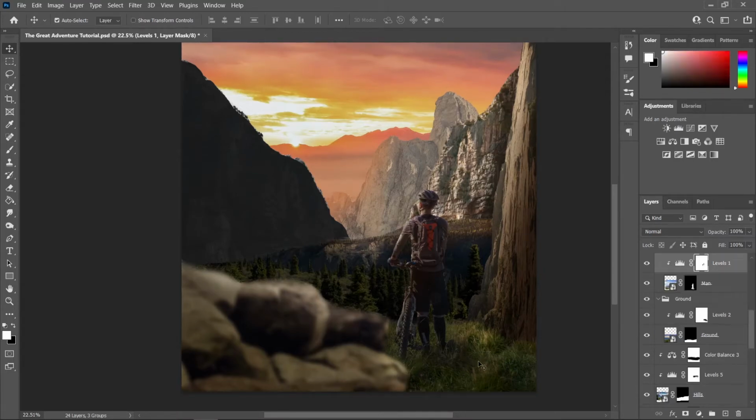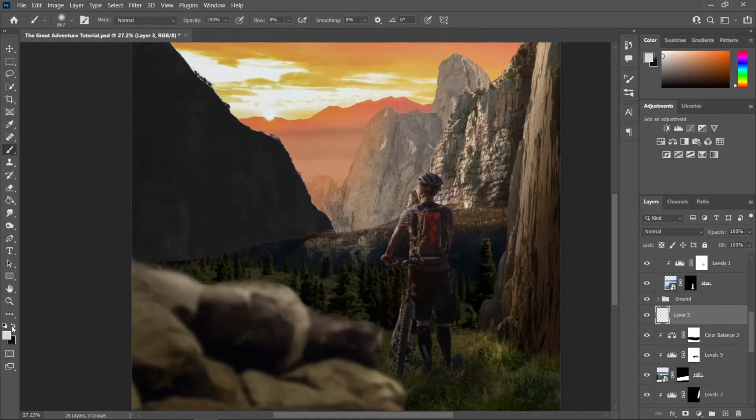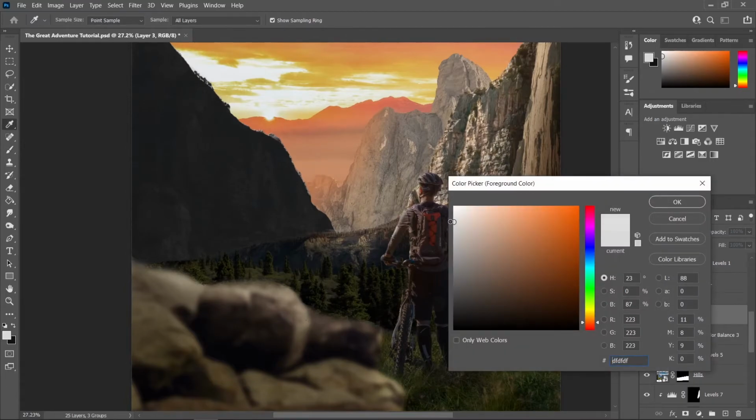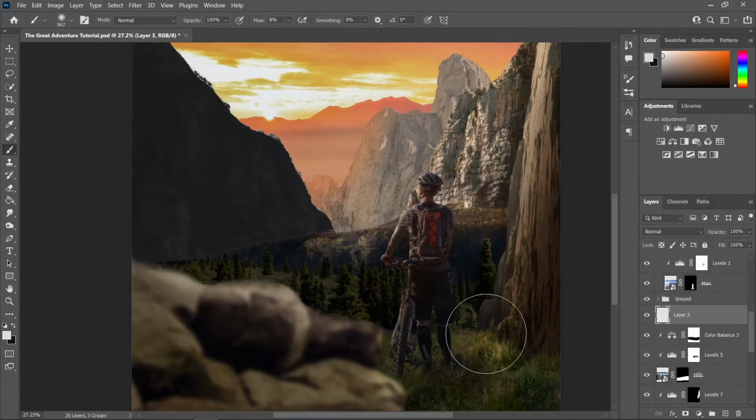Let's go over here to the ground image. There you go. And just below the ground group, so let's select over here. Let's create a new layer. Let's use a brush tool. And let's use a lighter gray for this one. Let's press on OK. And we're going to softly add some haze effect down here,